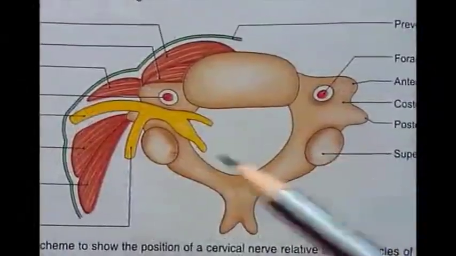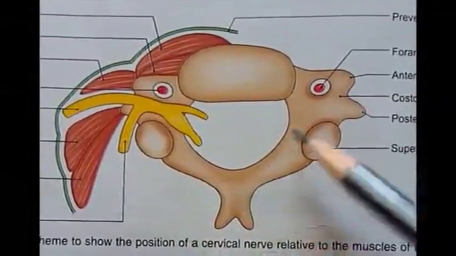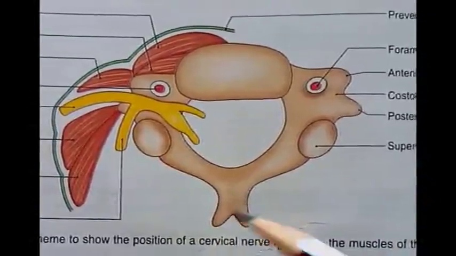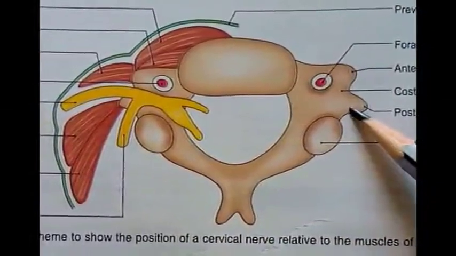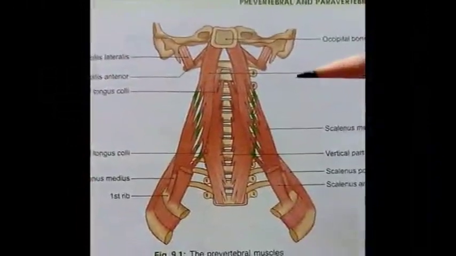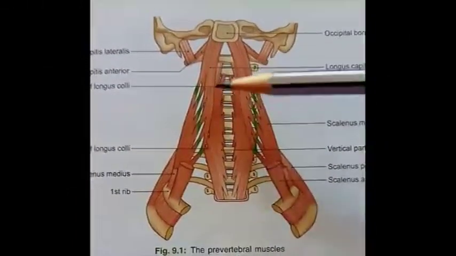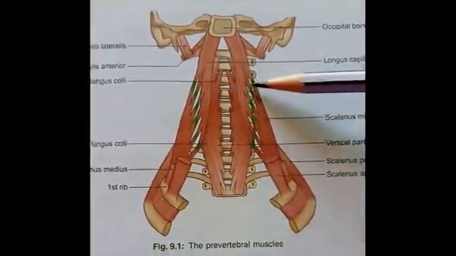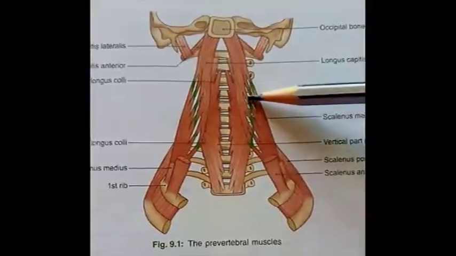Then superior articular facet, vertebral arch, lamina, this whole is the vertebral arch, and then spinous process. So mainly tubercles of the transverse process, these are the parts concerned with origin and insertion of these muscles. So origin of longus colli muscle, first of all comes to upper oblique part of the muscle. Upper oblique part arises from anterior tubercles of transverse processes of 3rd, 4th and 5th cervical vertebra.